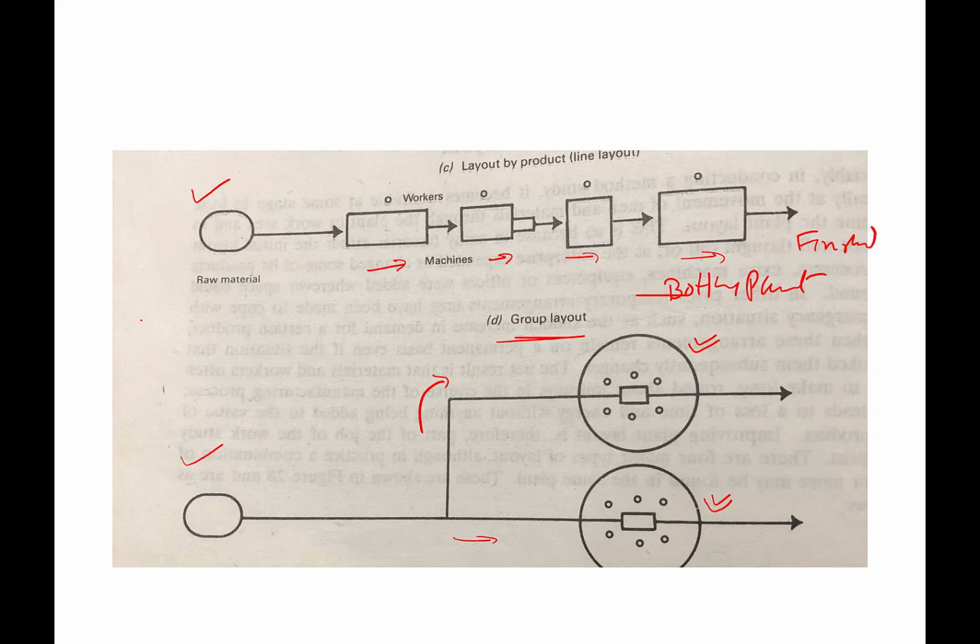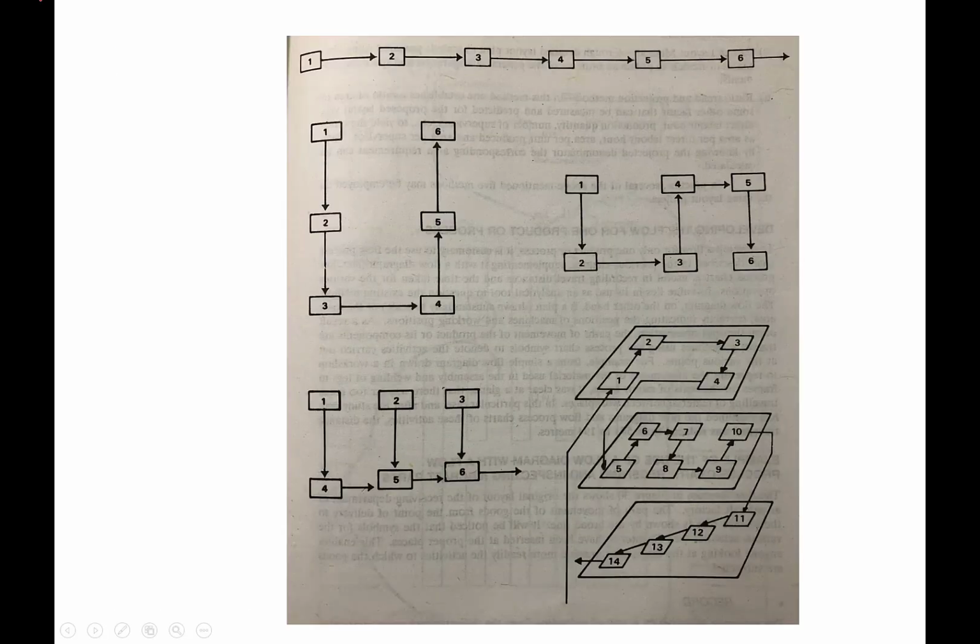So for a given type of product and given volume of the product, what will be the best possible flow of man or material so that things can be produced at the minimum cost, so as to improve the productivity. And this needs the analysis of the layout effectively. Okay, so this is another setup only. There can be different ways of arrangement of the machines. This diagram I need at later stages, not at this stage.